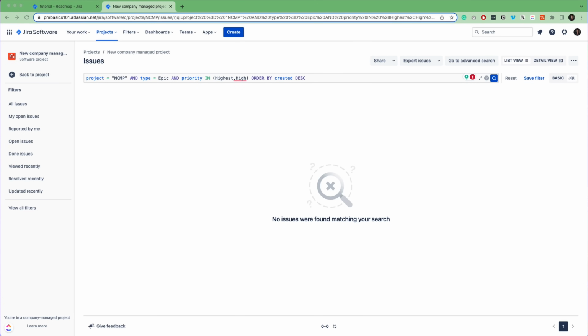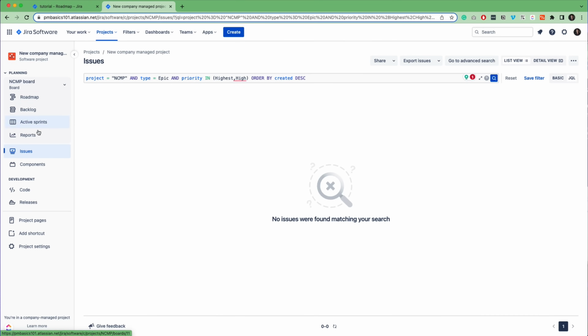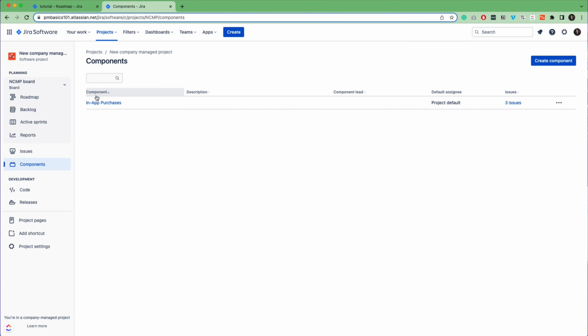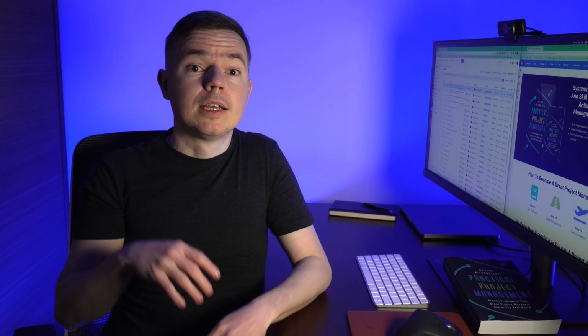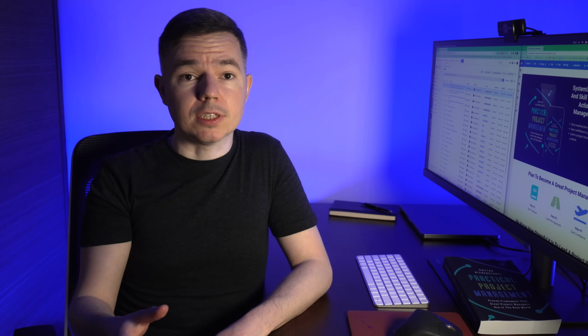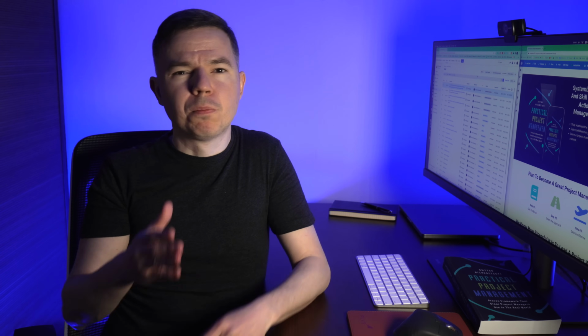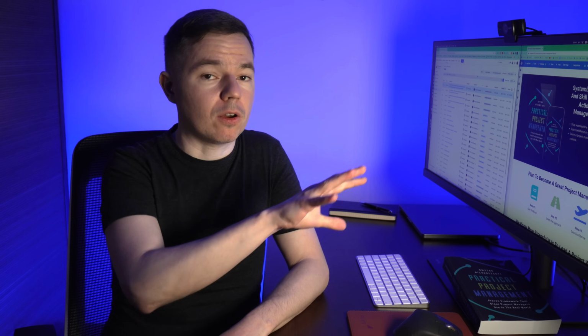Alright, next in the sidebar we have components. This section allows you to create subgroups of your issues. It's just a custom text field. But in practice we can use components to group tickets that relate to one module or functionality of our product. For example, login screen, in-app purchases, database, and so on. Also, you can automate some processes with these components, like assigning a responsible person. It's also a way to point to the subject matter expert of this module.